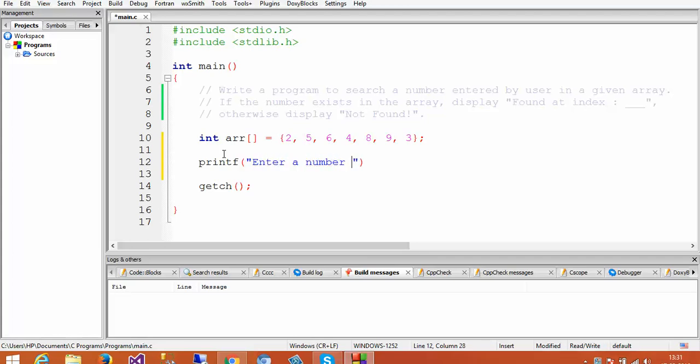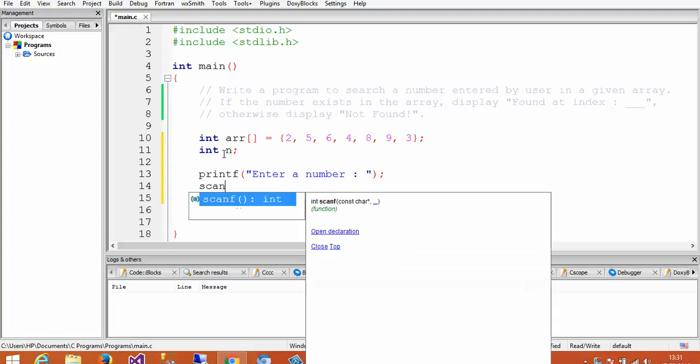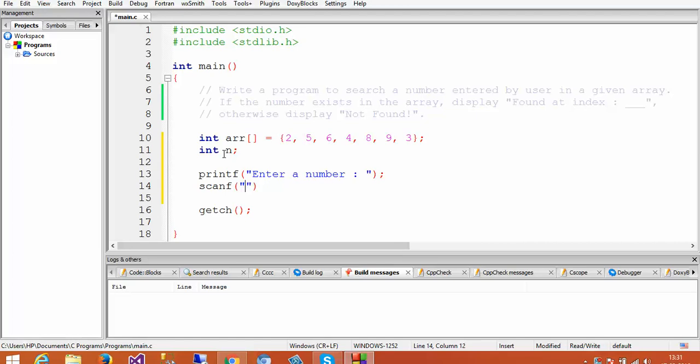Enter a number, and we would declare a variable to get the value from the user using the scanf function. It is an integer, so we would write %d and then the address of the variable in which we want to store the value entered by the user. So n now contains the number that is entered by the user